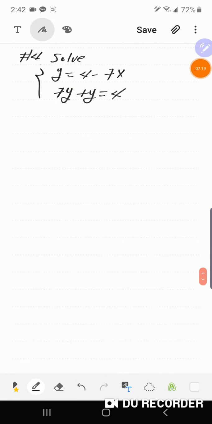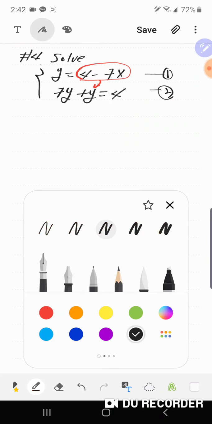Okay, for this number 4, there are two equations, so we can use substitution. For substitution, this is the expression for y. So substitute this expression for y in the other equation here. So from the second equation,